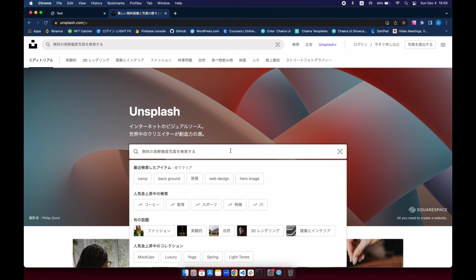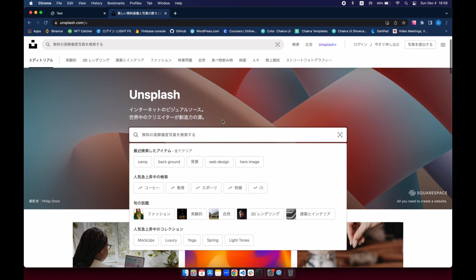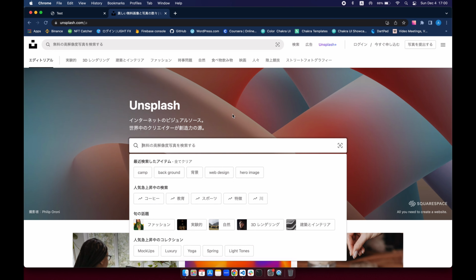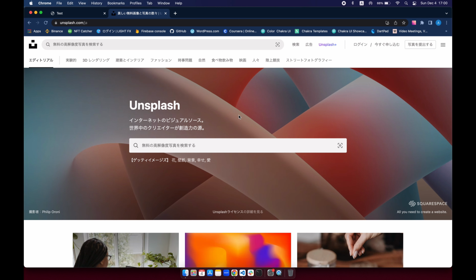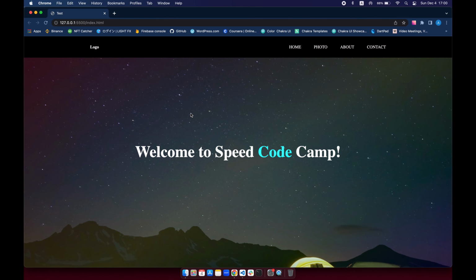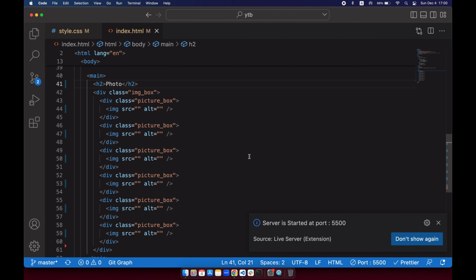Okay. You can come down here and look for any images that you like and save it to your folders, and you can use that for your website. Or if you have your own images, just save that in the folder and you can do that as well. Okay, so I already have my own images, so I will go ahead and close this tab. To do that, you press Command W for the shortcut, and you press Command Tab to come back to our codes. Okay, so open this file,